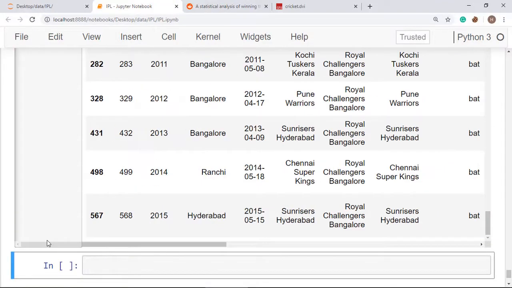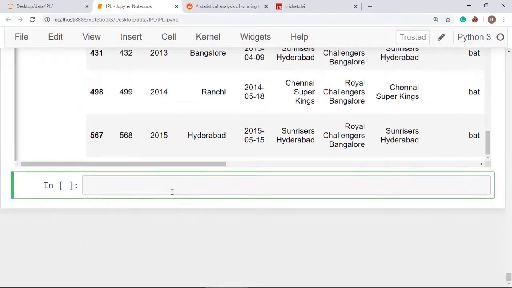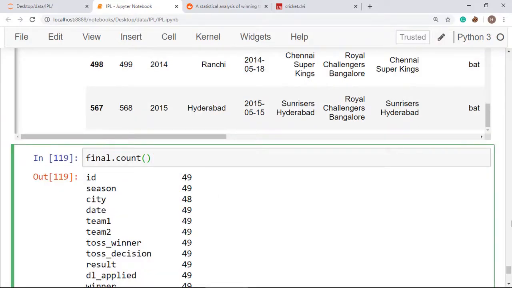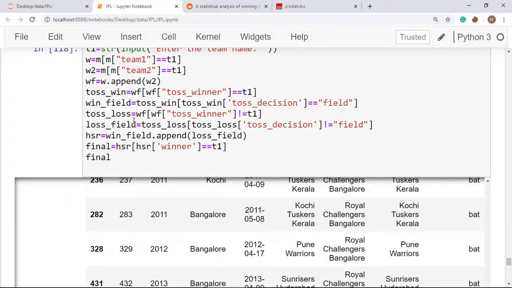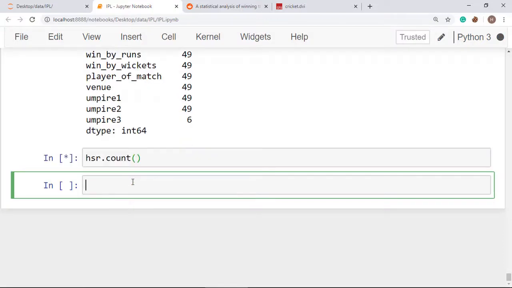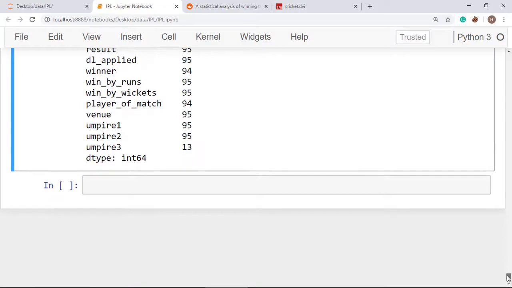All right, so you can just use final dot count for getting out how many times, 49 times, Royal Challengers Bangalore has won the match when they have batted second, and you can get HSR dot count for how many times they have batted in the second inning. So this will display how many times they have batted. 95 times Royal Challengers Bangalore has batted in the second inning,